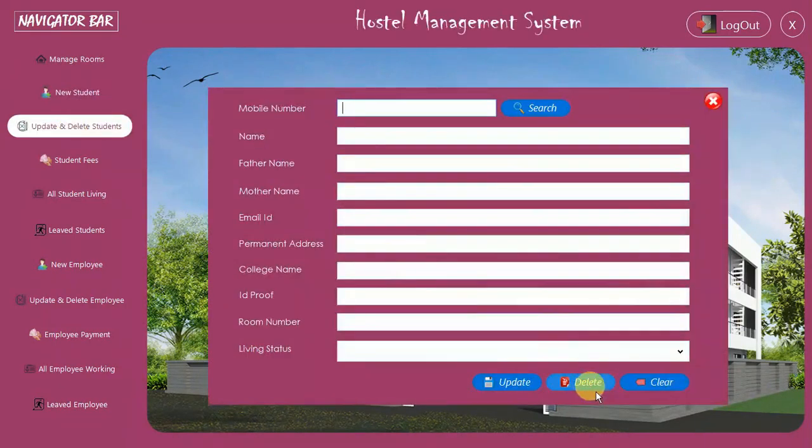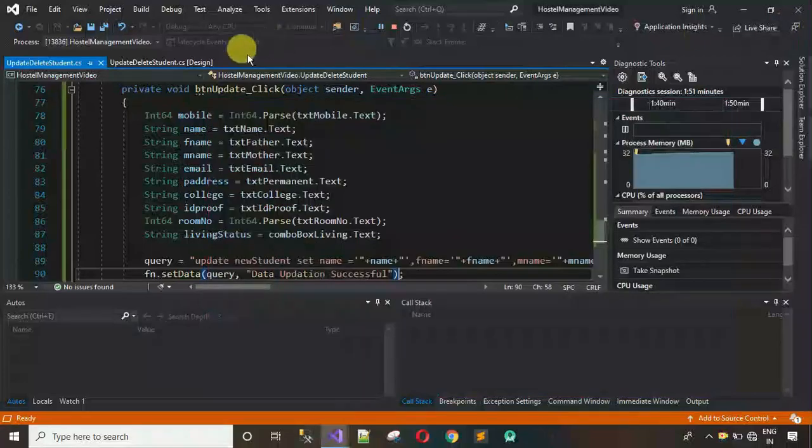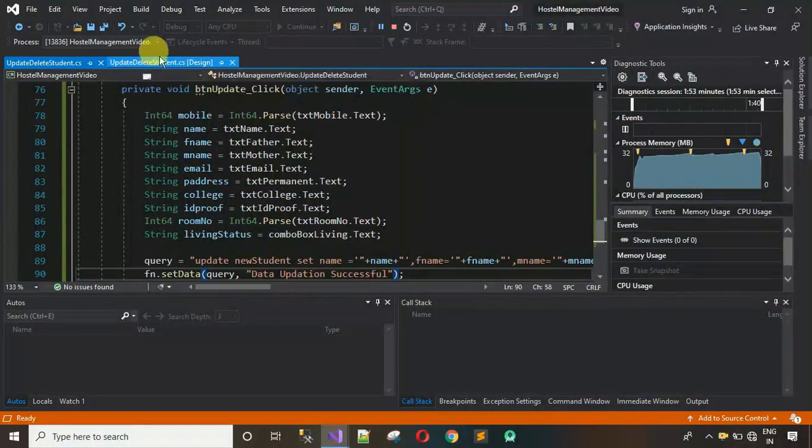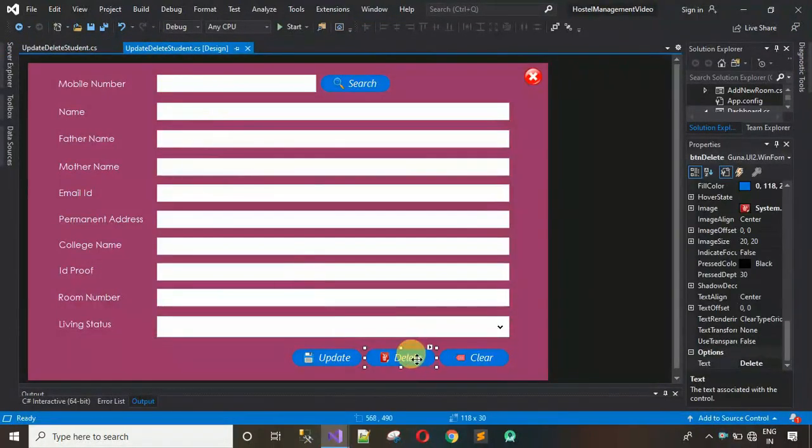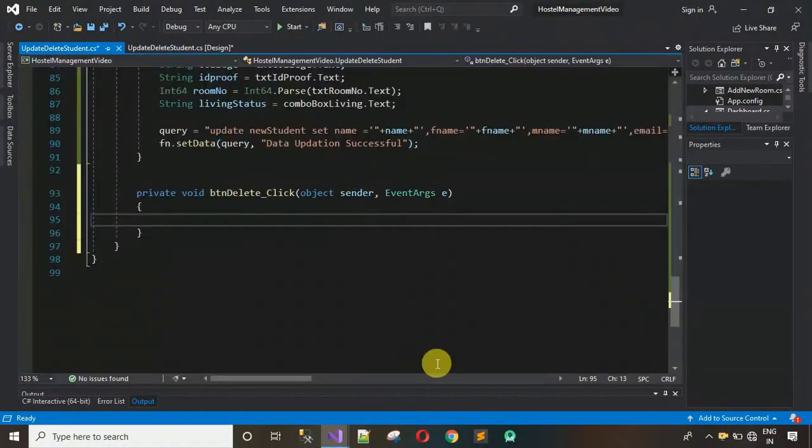After this, what we have to do is code for this delete button so that I can delete that record. Let me close this and move back over in the designing part. Just double click on this to generate a click event for this delete button, and here we have to write a few things. The first thing, the query